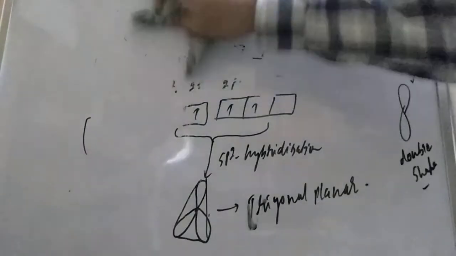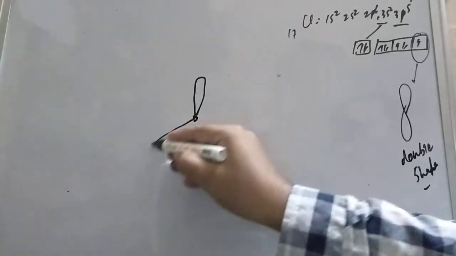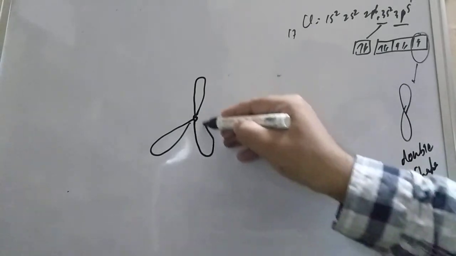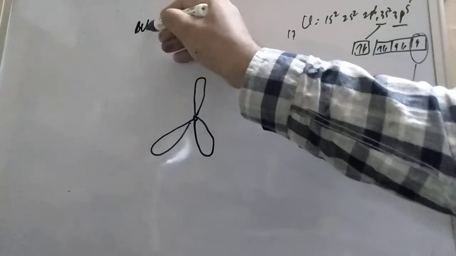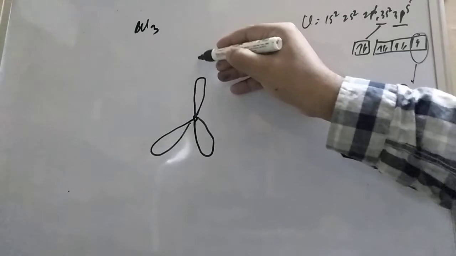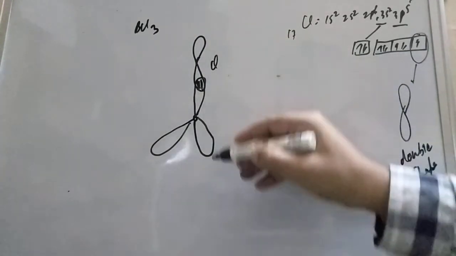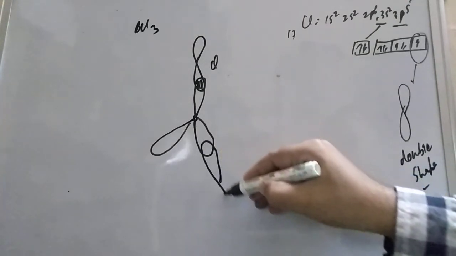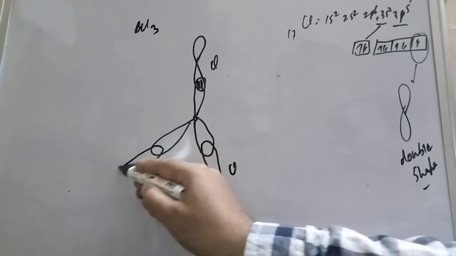Here I am erasing and then I am telling, student. So in sp2, boron is there in the center, and here are 3 orbitals. Now 3 chlorine atoms are there, 3 chlorine atoms in BCl3. So one will be attached here, in this form like this. So one chlorine, here is the Cl, and another will be like this, student. Here is again one more Cl, and here again one more Cl.